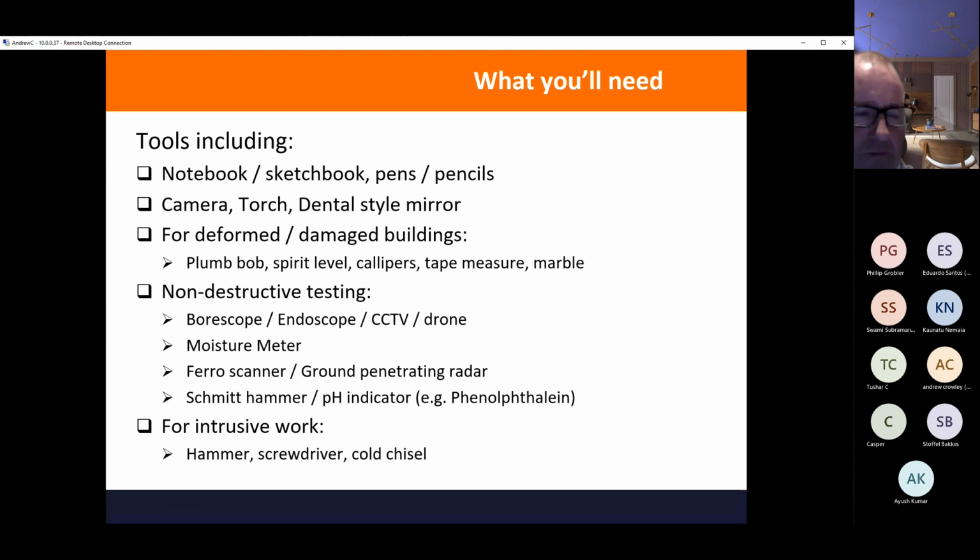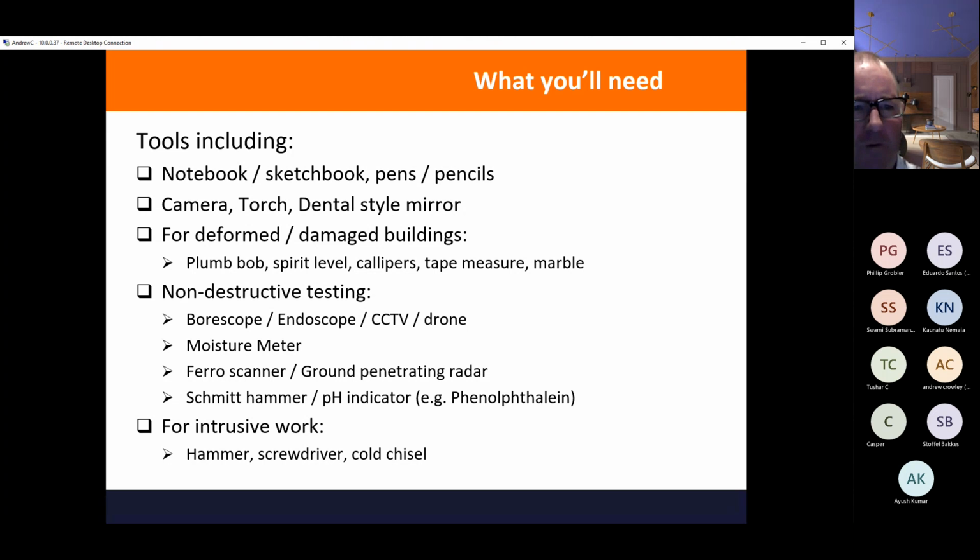Torch, because you might be going in the dark. And what I've called a dental style mirror. This is a mirror on the end of a stick. It allows you to see around corners, up on high eaves beams and so forth. And coupled with that, why not get a selfie stick as well to put your camera on, so you can take pictures at an angle you wouldn't normally be able to get to.